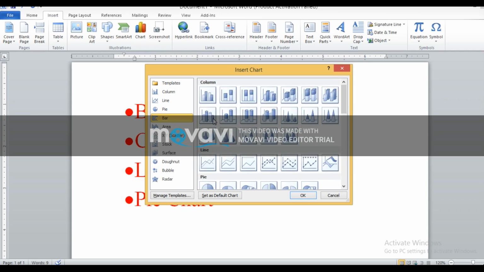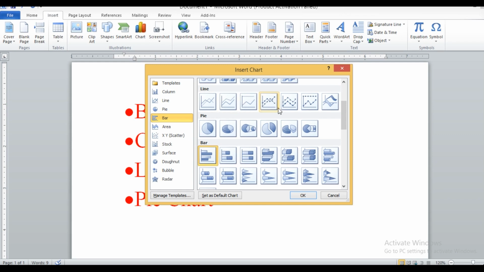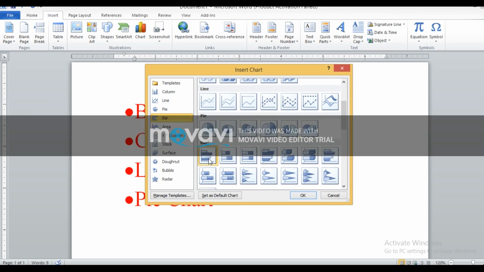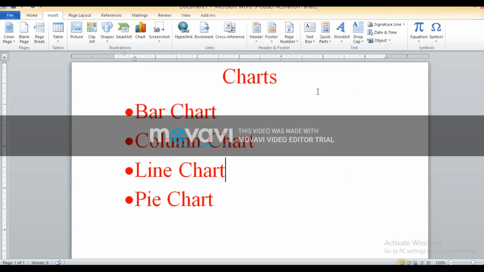You can see here the number of charts given there. Column charts represent the data in the form of vertical bars, which means standing bars. The line chart represents the data in the form of dots, joining the dots to display the trend of data over a period of time. Pie chart represents the data in the form of a circle that makes up a data series as a proportion of the sum of items. These are the most commonly used charts which I have discussed with you.